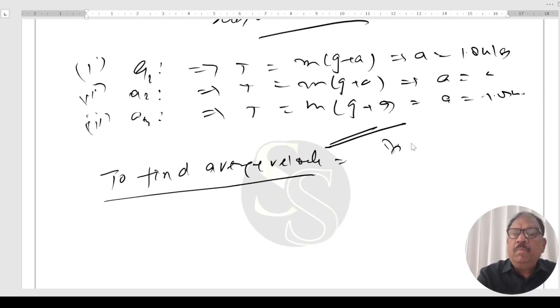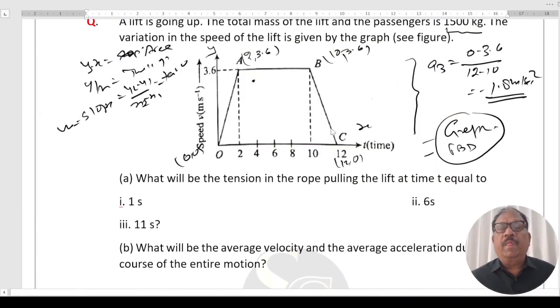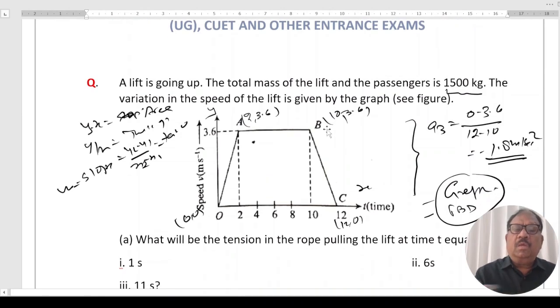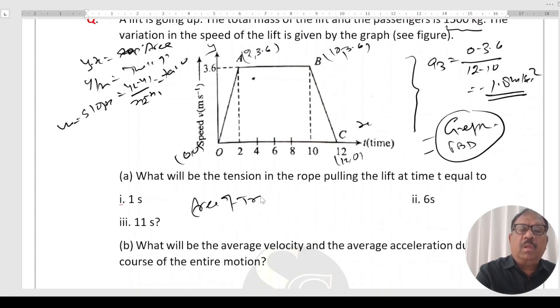Velocity is displacement upon time. Total time is 12 seconds. Displacement you have to find out. To find the displacement, use the area of the trapezium. So the area of the trapezium in this case is